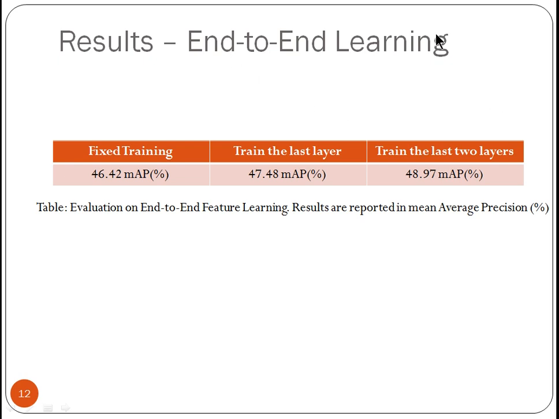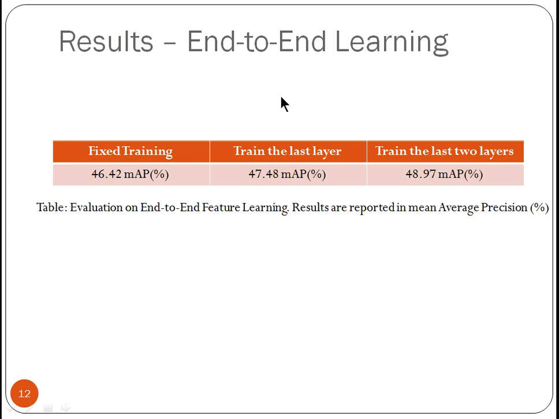So here are some results on end-to-end feature learning. This table reports results on 3 different training configurations. The leftmost column reports results when you do not train the feature extractor 3D CNN at all. We just simply extract features and then pass them through the detection architecture. The middle column reports results when we train the last convolution layer of the feature extractor 3D CNN, whereas the last column reports results when you train the last 2 convolution layers of the 3D CNN. As you can see here, there is a gradual increase in performance as we train more layers in the feature extractor 3D CNN,